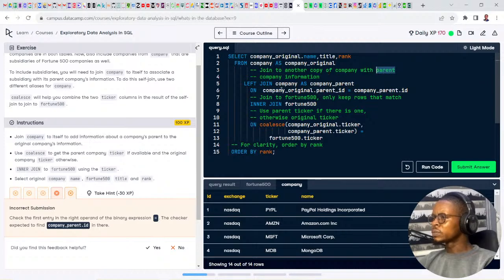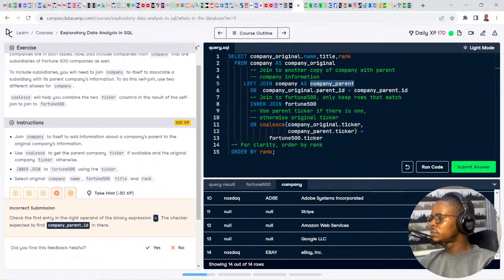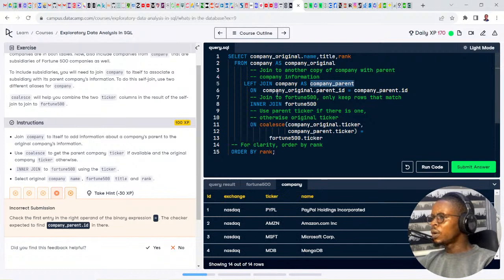Company information. Let's join company as company parent on company original equals to parent ID equals to company parent, which is the second company that we created here, which is the company on the ID.